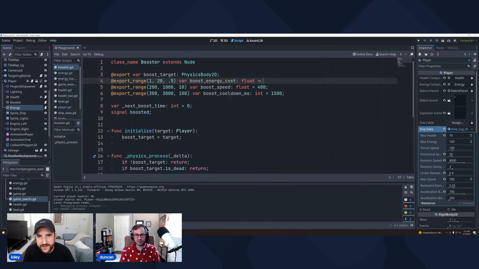I'm sorry. Is this costing energy points or like money or what? Yeah. So it's the energy cost, right? So it's how much energy you would need to use to be able to boost. Right? I see. Okay, so, cool. Like we have the max energy of the ship is 10, right, at the moment, and it goes up to 10 and then it stops.